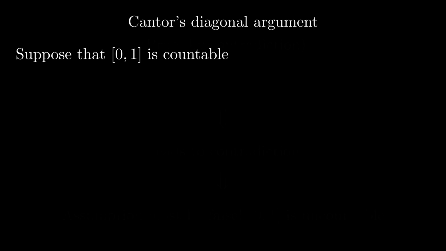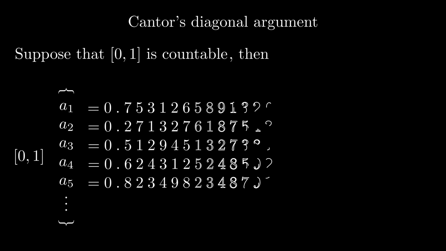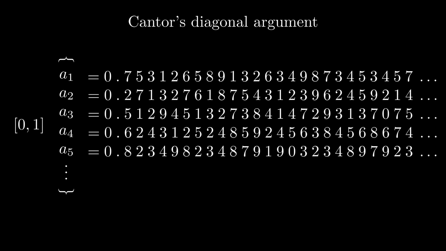Since [0, 1] is assumed to be countable, we may index it and write the set as A1, A2, and so on. This is saying that for any number between 0 and 1, it is one of the An's, and we plan to show that there is always a number in [0, 1] that is different to all the An's, to reach the contradiction. Now, laying out the An's decimal expansion in a table like this,